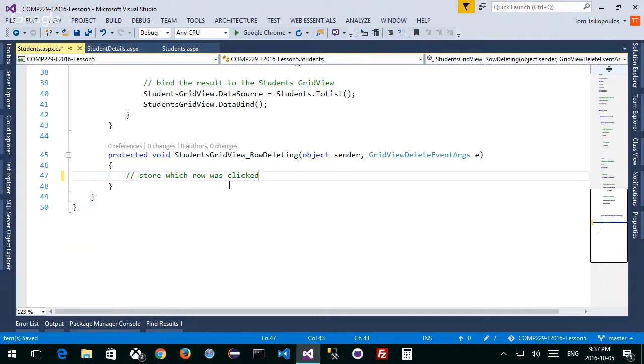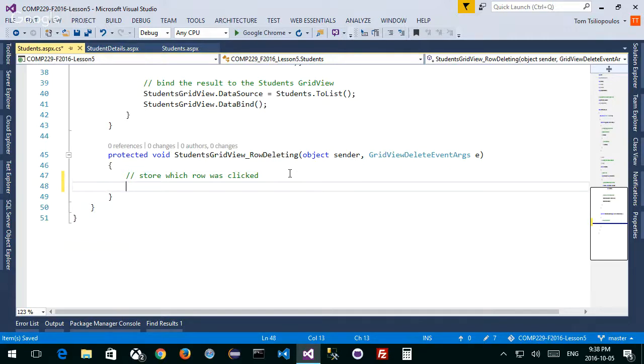I want you to remember stuff that we did last semester, for people who did things with me in Windows Forms. We want to find out which row was clicked. How do I find that out? What do you think? Which object is it going to be? Sender or E? Which one? Sender is what I'm clicking, the control that I'm clicking. E tells me where in the control, what event I'm accessing. So where am I going to get it from? E, right? So here's how you do it.